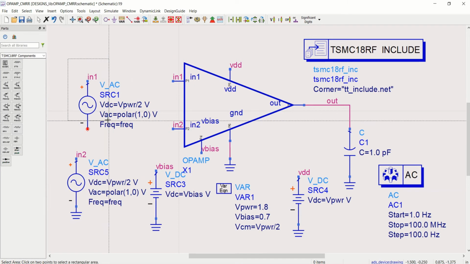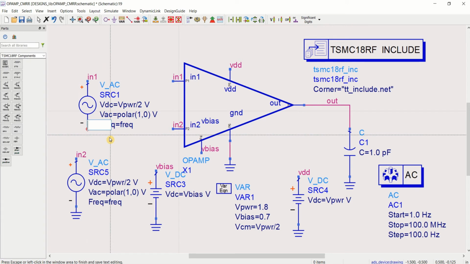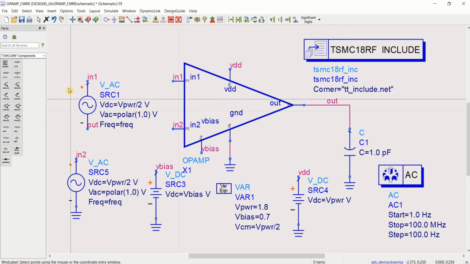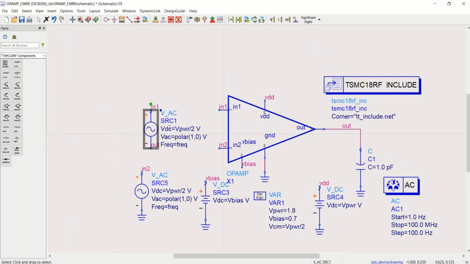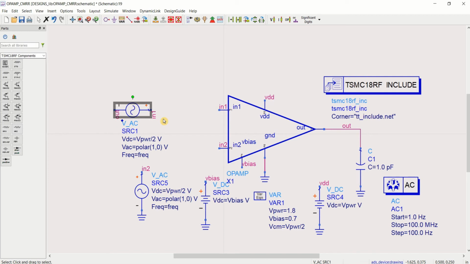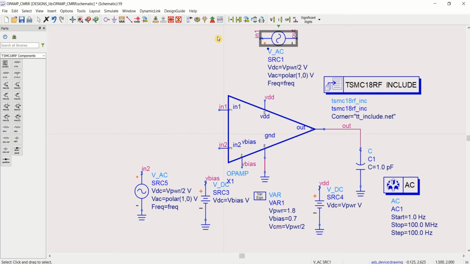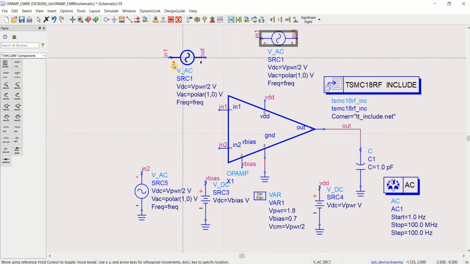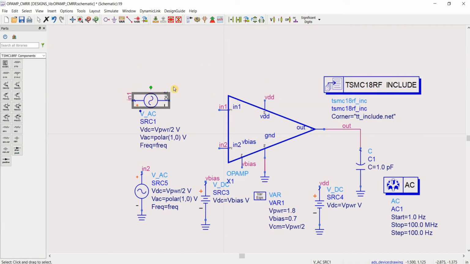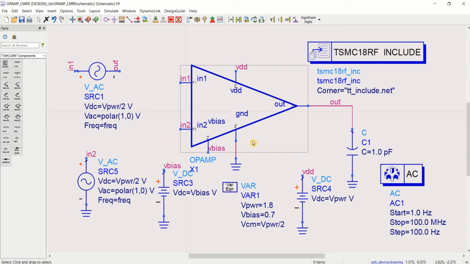This has to be provided or connected to the output. You can see how it is connected. Use Ctrl R for rotation. This is how it is connected. It is connected in the feedback system. Here the input will be connected and the output is connected to this point. That's why we are using the label in this format. Nothing more changes, just try to simulate it.